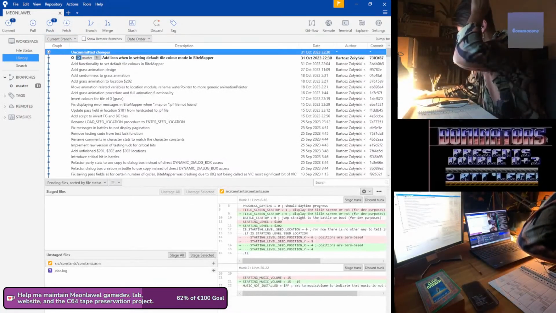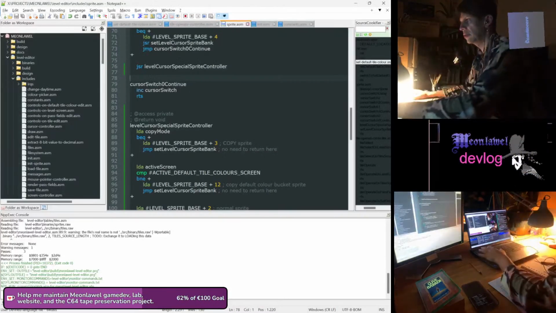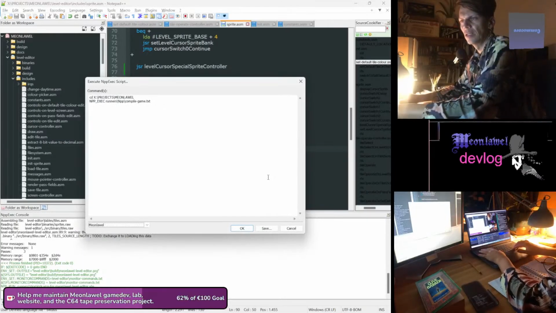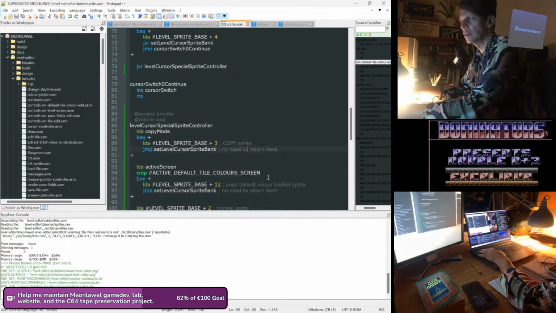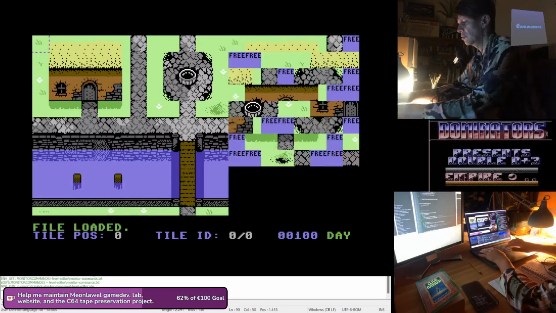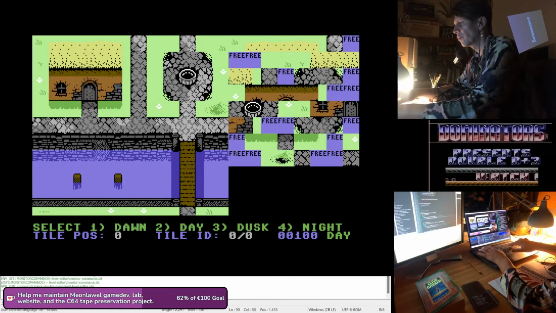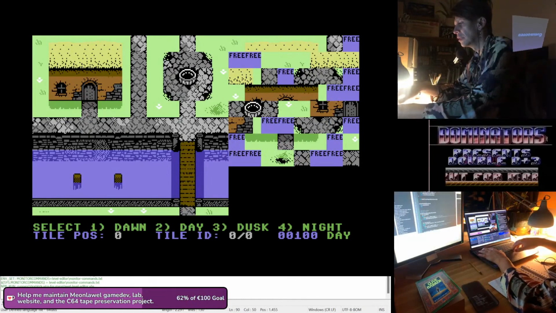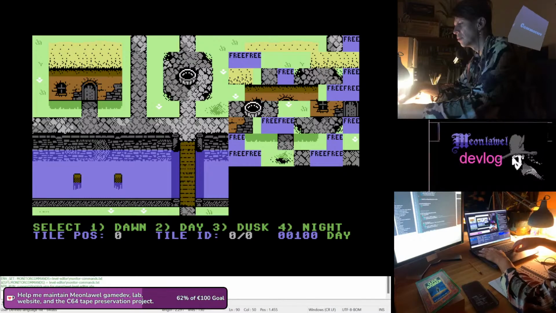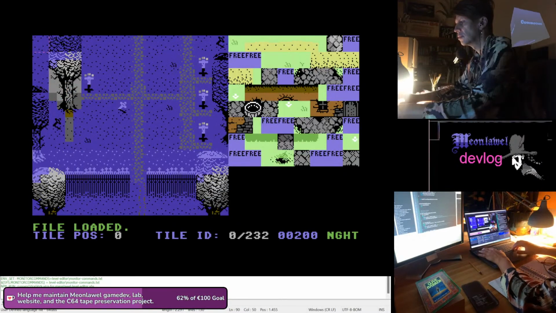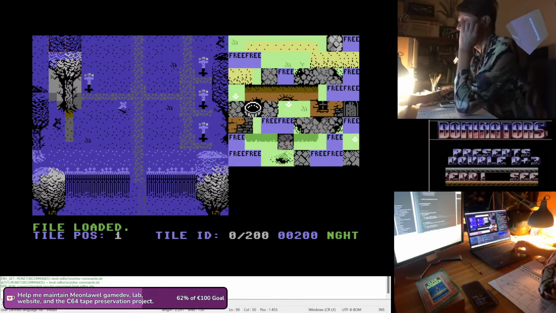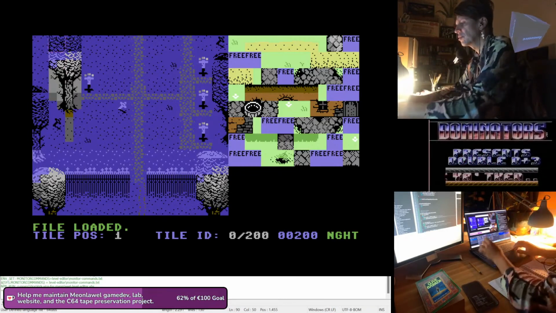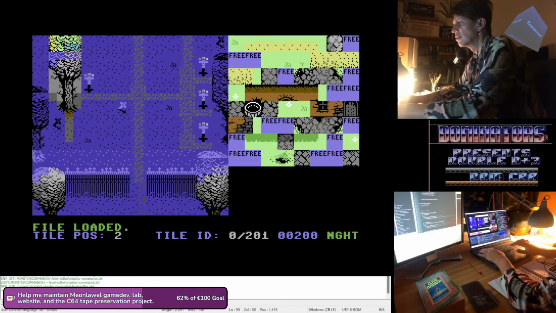So now let's test it actually. So for example, if I load, let's try one level for now. Do the night. I don't know if I will actually use the all tiles mode,